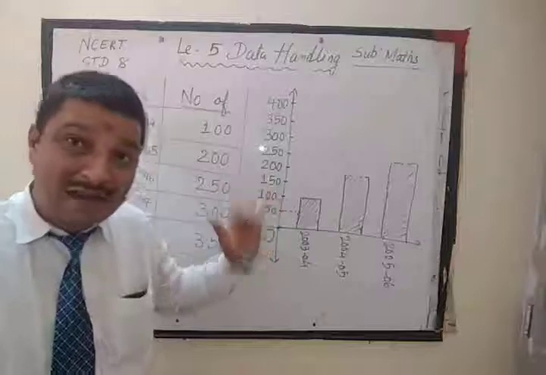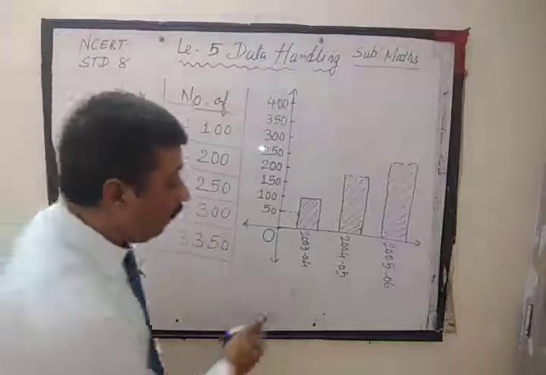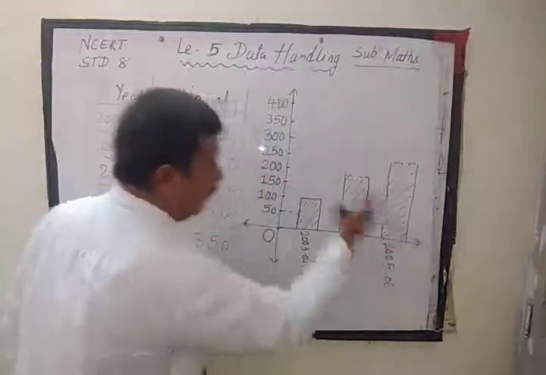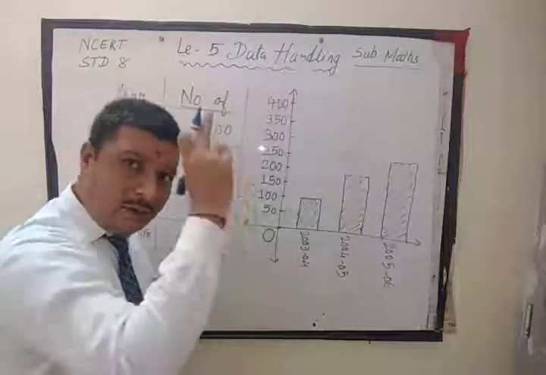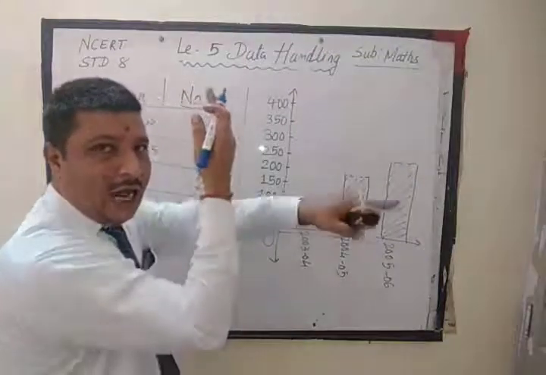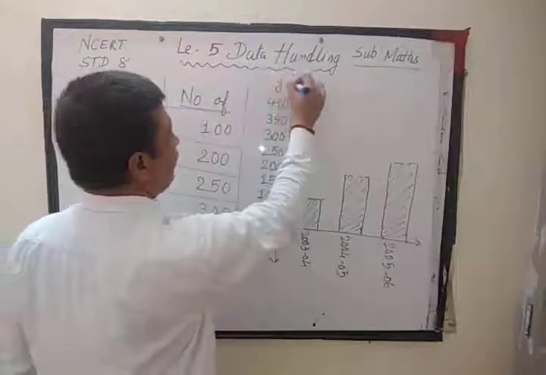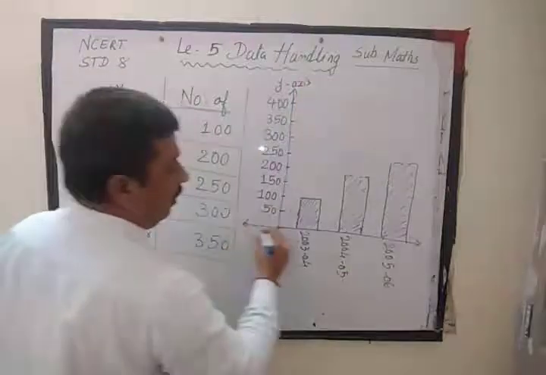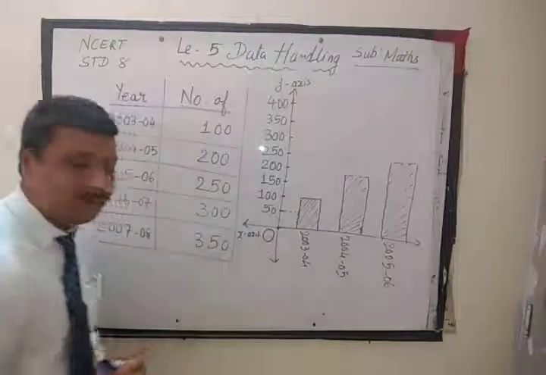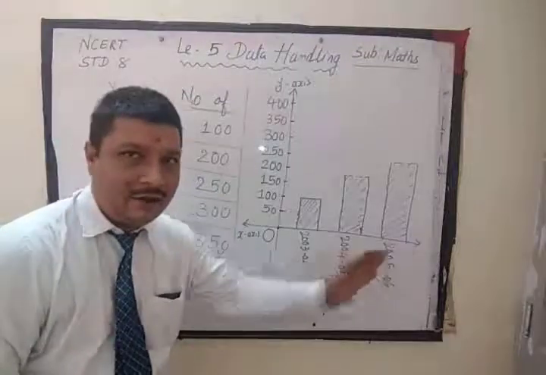So, sir, is that all done? No, many things still remain to be done on this graph. What is presented on this? So this vertical line and horizontal line. Many people make mistakes in this. The upright line is vertical, and the lying one is horizontal. So this vertical line is the y-axis, and this horizontal line is the x-axis. Clear? Sir, you only did 3. Yes, because I don't have space, but I can proceed further.